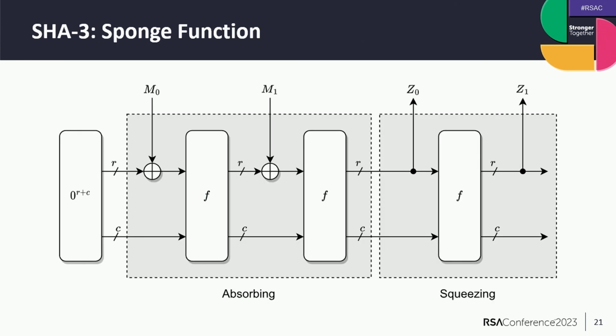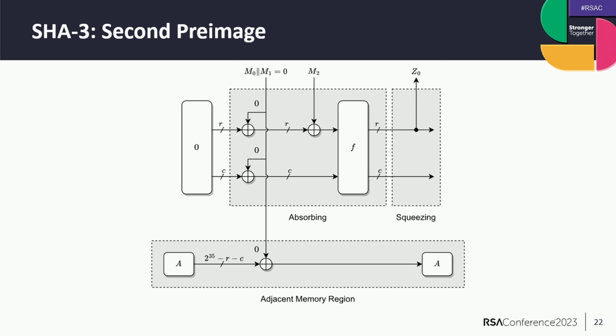So I want to get a little bit into how the vulnerability works and what the details are, and then I have to show a bit about how the hash function works. So SHA-3 is a sponge function where this message that I showed being processed in blocks is actually XORed in. So here you see each of those blocks. And if you look at how the vulnerability works, that allows you to XOR in not just the part on the top, but the part on the bottom as well. So not just the R part, but the C part. And actually further down, you can access internal memory parts as well.